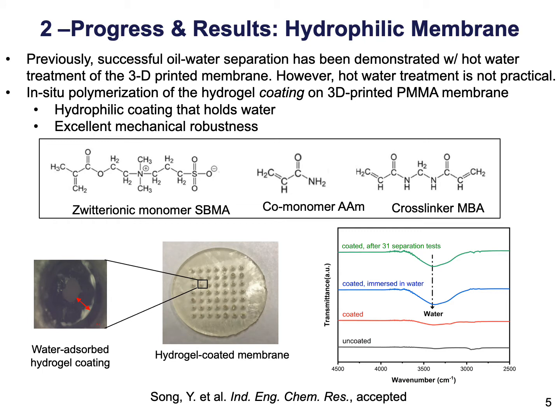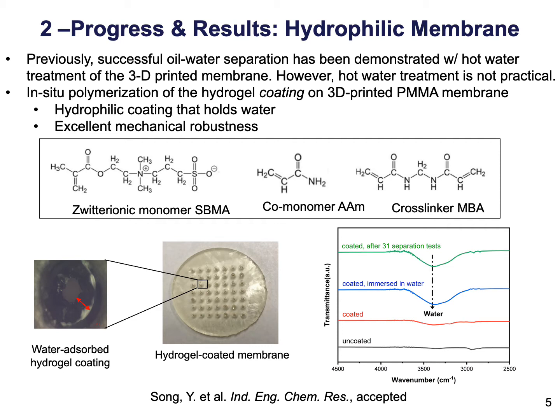Previously, successful oil-water separation has been demonstrated with hot water treatment of the 3D printing membrane. Our objective here is to make an intrinsically hydrophilic mechanical membrane, because it's not practical to use hot water treatment every time for oil-water separation. We found a zwitterionic hydrogel recipe that includes SBMA as a zwitterionic monomer, acrylamide as a comonomer, and